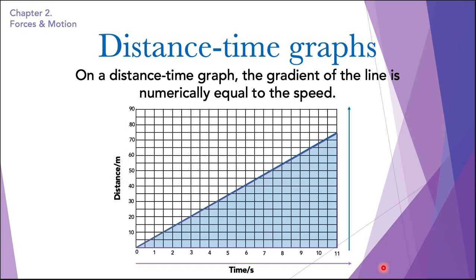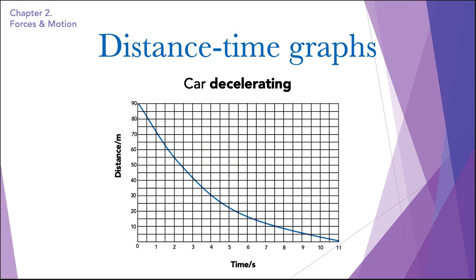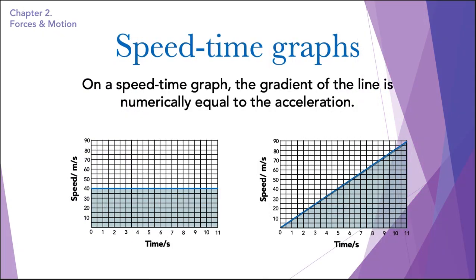So anyways, now that we've understood distance time graphs and all the different kinds of graphs, we can move ahead onto speed time graphs. In a speed time graph, if the graph is a straight line like this one here, it means that the speed is increasing at a constant rate. So the car is accelerating but at a constant rate. This is called a uniform acceleration.